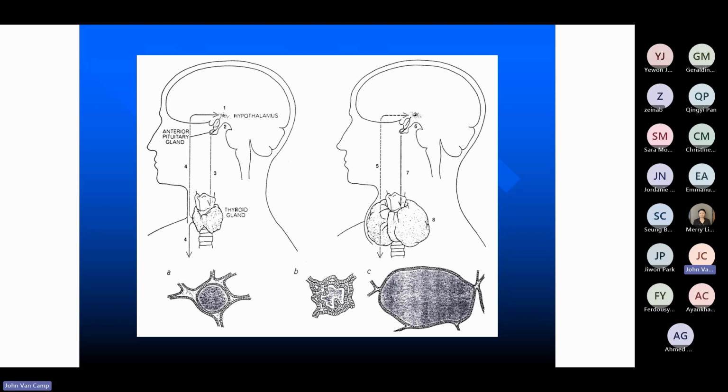So it means that at number 5, there is no feedback anymore of T3 and T4 to the brain, and you will not stop the release of TRF and TSH by the hypothalamus. So these compounds will continuously go to the thyroid gland, will continuously stimulate the thyroid gland to release T3 and T4,